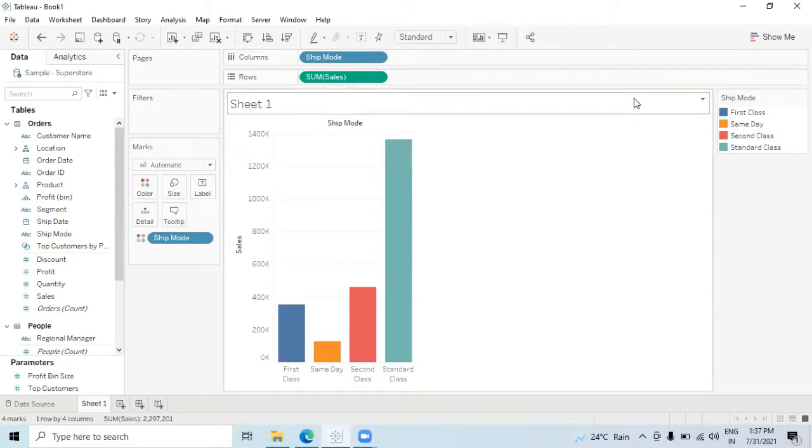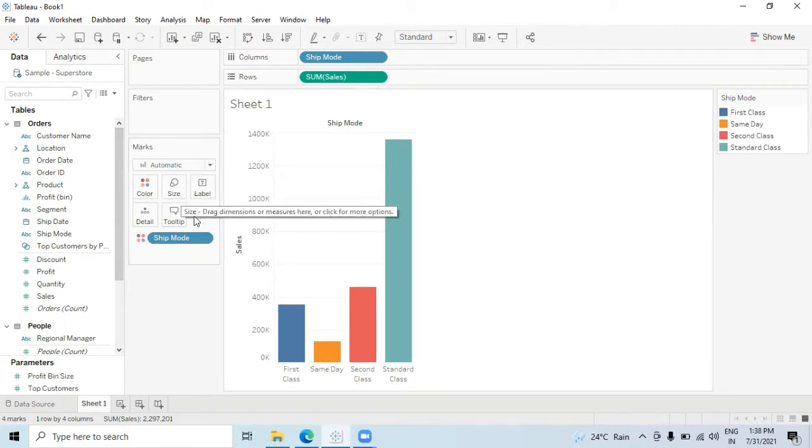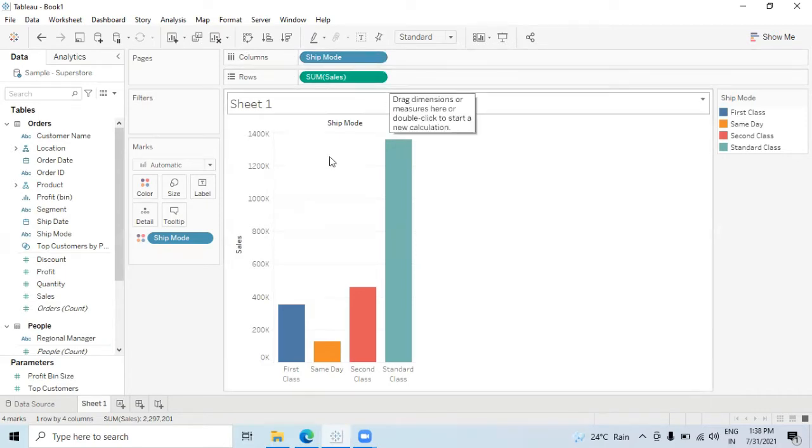Hello everyone. Today we're gonna see how we can create custom color palettes in Tableau. You already know that we have color marks in Tableau and it behaves differently when we put a discrete value or a continuous value. Whenever we put a discrete value, I have just created this small visualization based on the sample superstore dataset, where I have ship mode in the columns versus sales in the rows.